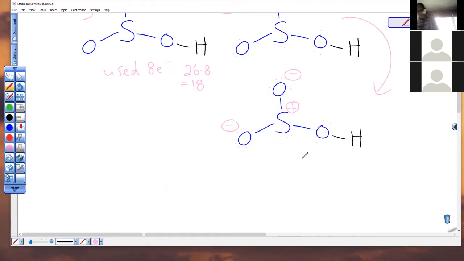We've got all the octets full. Check. We have all the formal charges on. Check. Sulfur is not limited to the octet rule because it's in the 3rd row of the periodic table where d orbitals are available for making bonds. So to get formal charges lower, sulfur can make more bonds than it has here. And if you can move electrons towards the sulfur from a lone pair on one of the oxygens, by doing